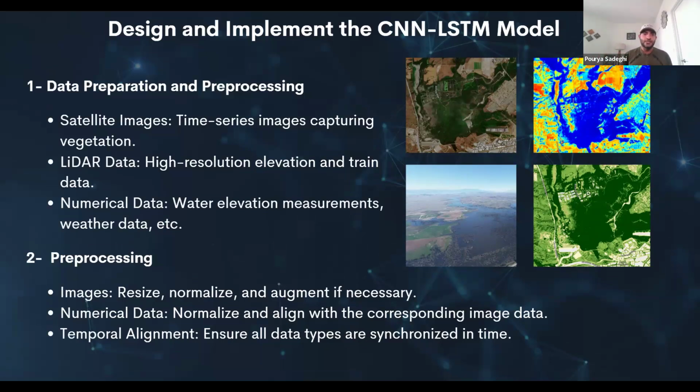So next slide, please. So some of the processing, I just wanted to explain it very briefly. For image, we need to resize the image, right? We need to align the time series. If we have missing data, we need to take care of those. And then we need to synchronize all data together to see when it operates, like when the moisture data is showing us this, and then what shows in the